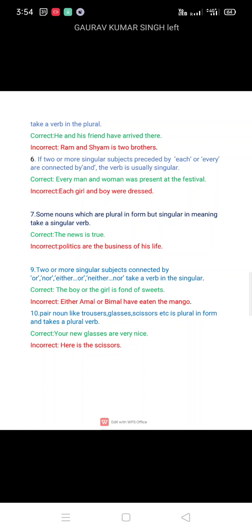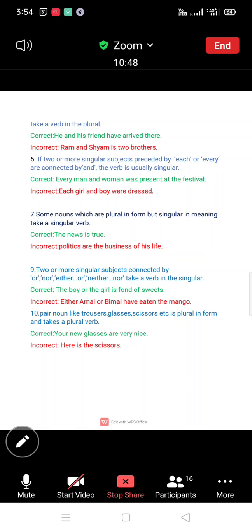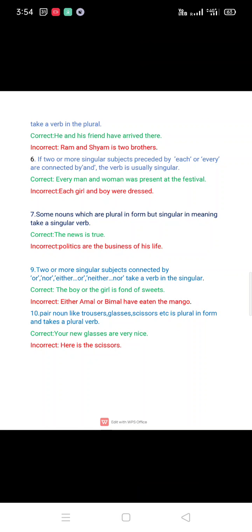Okay, point number 6. If two or more singular subjects preceded by each or every are connected by and, the verb is usually singular. Like, every man and woman was present at the festival. Don't think that there are two singular nouns connected by and, so the verb must be plural. No, the